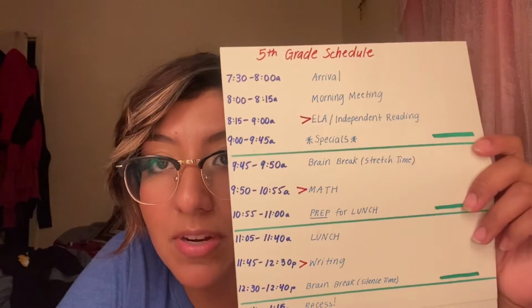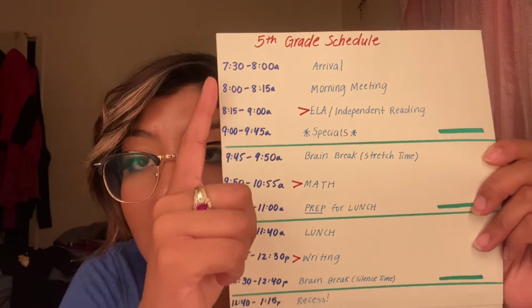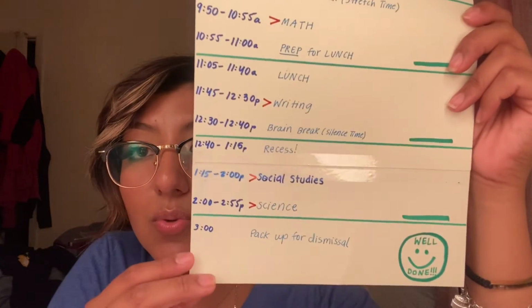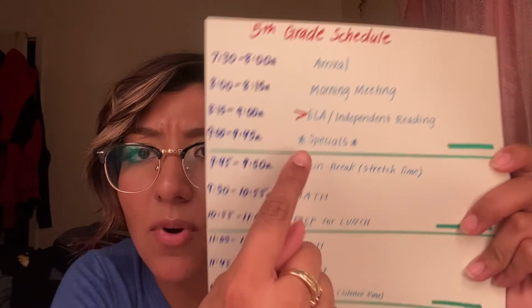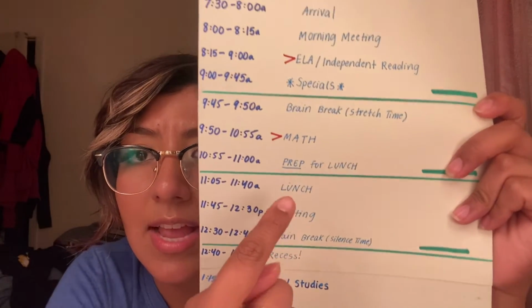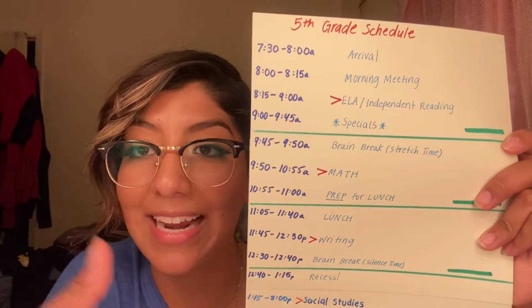I think that would help students to stay focused, to learn self-control, and to really participate in the activity that I will be giving. A little bit more about my model here for my 5th grade schedule is that I have it set up from the morning all the way to the dismissal time. If you notice here, I have little red marks. What these have in common is that they're the main subjects that students learn in the classroom.